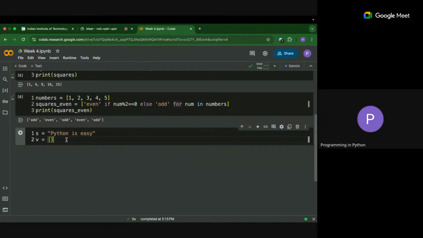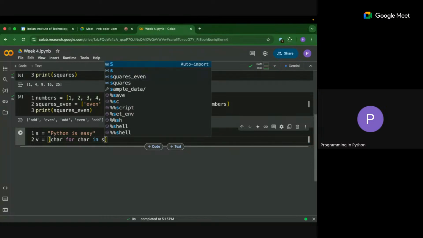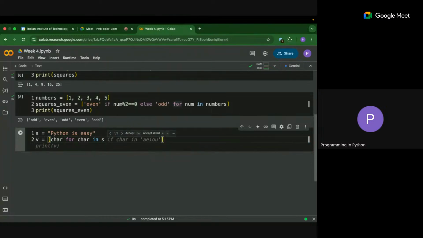So what we want is only the vowels from this particular string s into this particular list v. So we can take some character in this particular sentence, and the condition